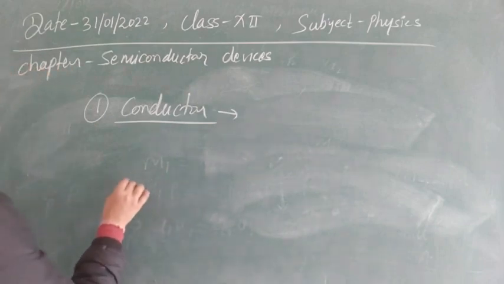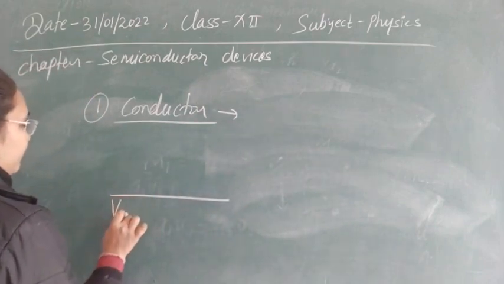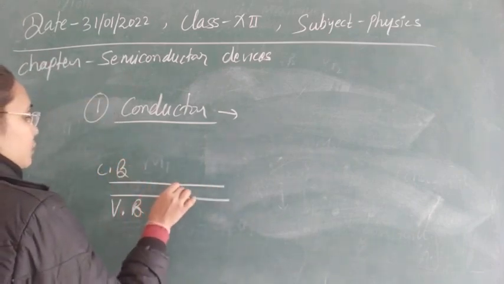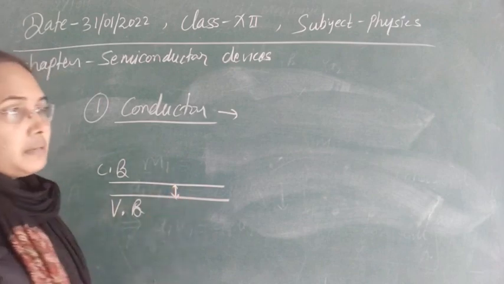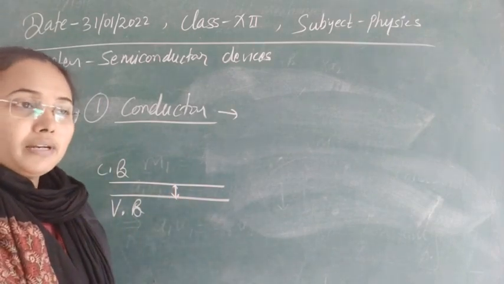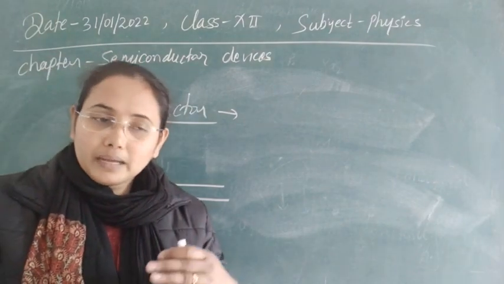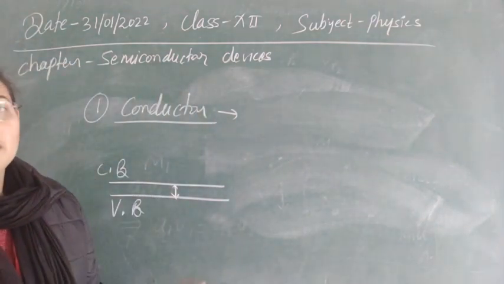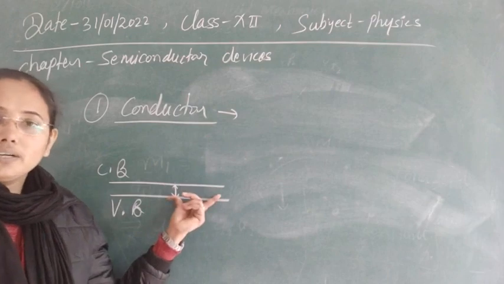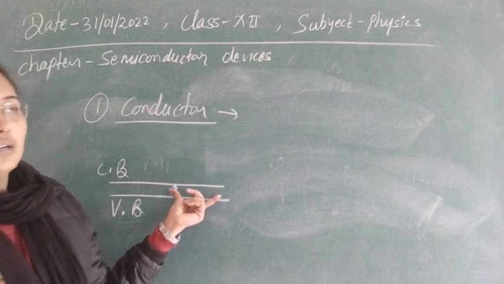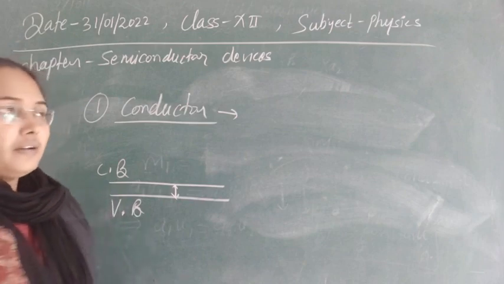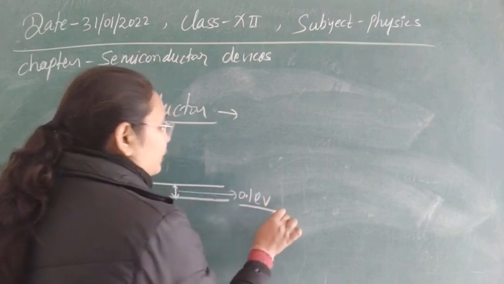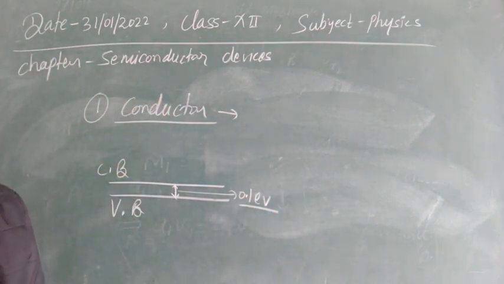So if electrons need only a small amount of energy to make a transition from their normal states to excited states, it means the forbidden energy gap between the valence band and conduction band is very small for conductors. Sometimes in some atoms these bands even overlap. Electrons can make transitions for a very small amount of energy, even by thermal agitation. If we look at the order of the data, this forbidden energy gap is nearly 0.1 electron volt for conductors.